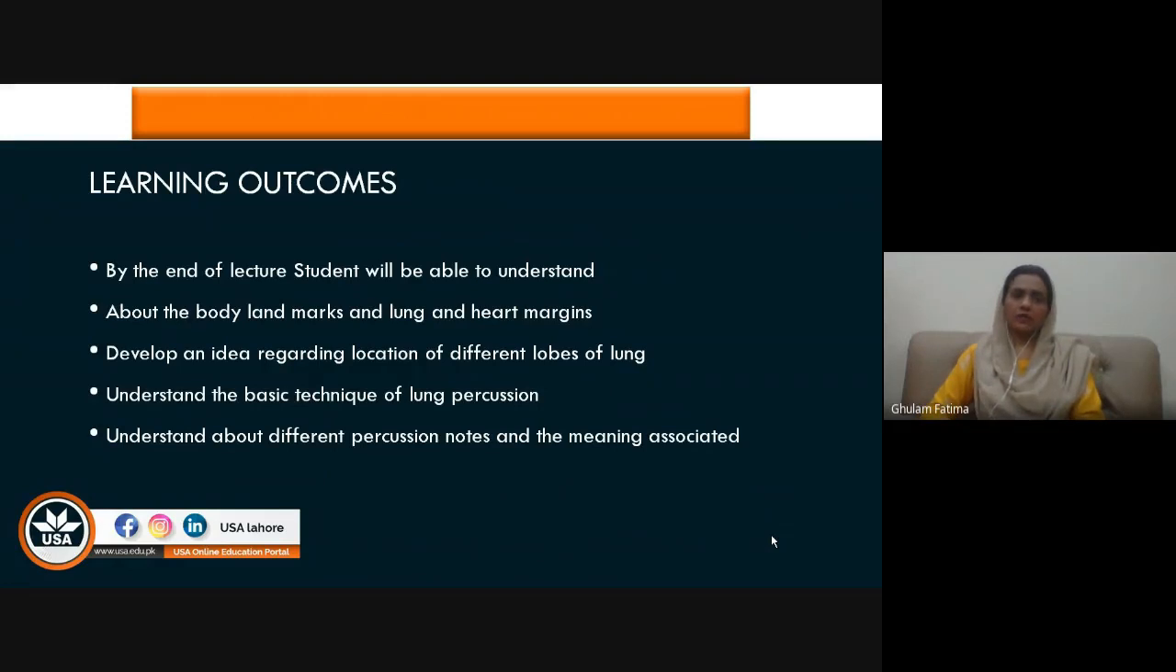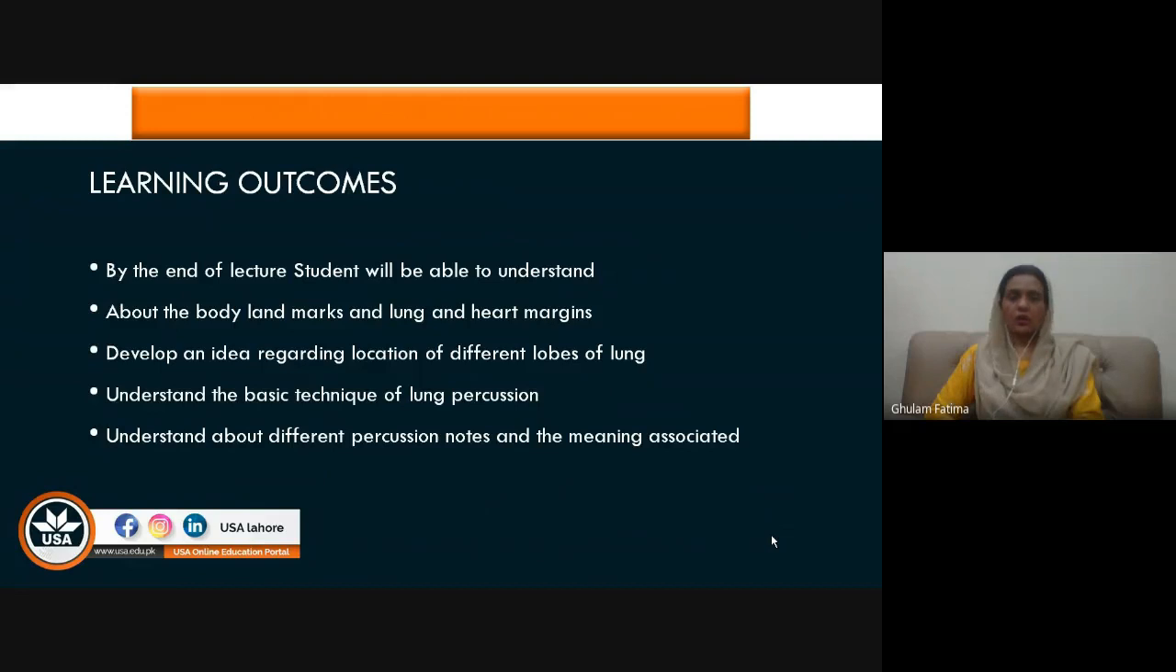By the end of this lecture, I hope that you will be able to understand, first of all, the important body landmarks, especially the body landmarks associated with the lungs and heart. Then, hopefully, you will develop an idea regarding where the different lung locations and margins are. And obviously, the knowledge about the different lung lobes is very important, because when you have to clear different lung lobes,